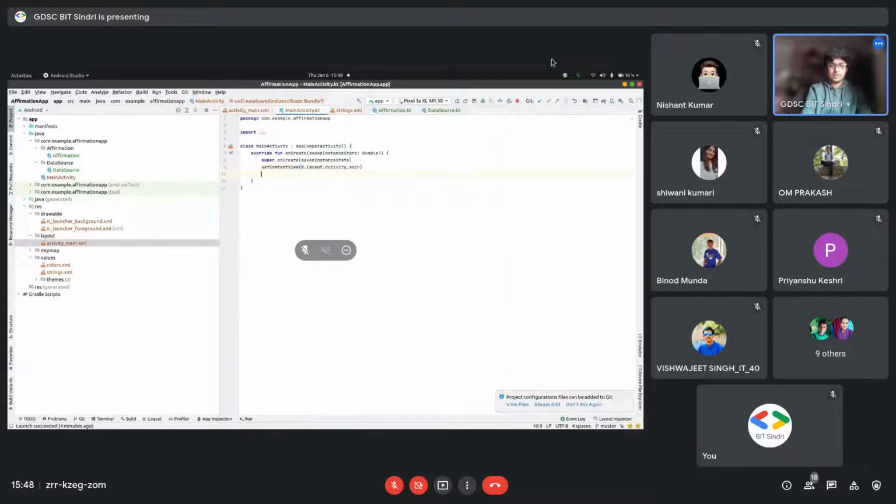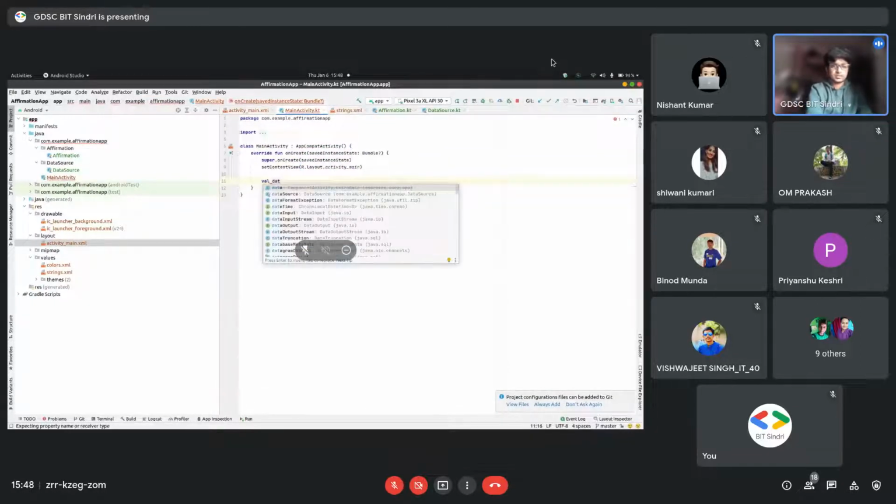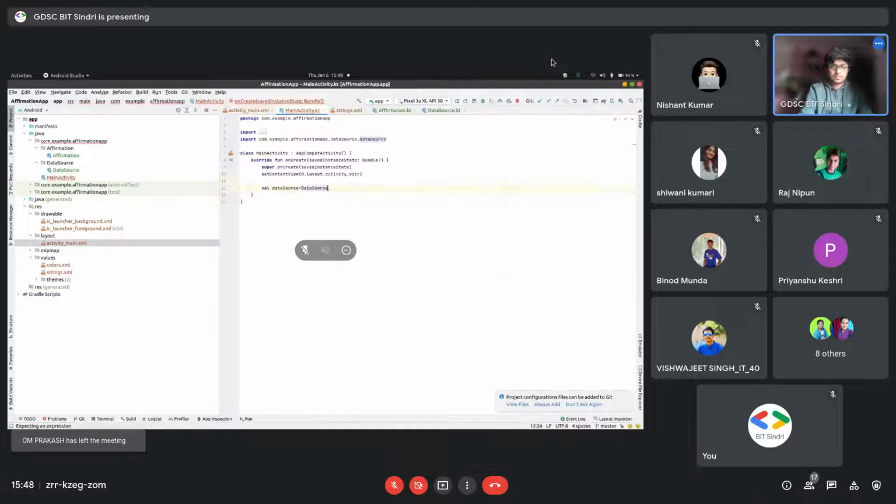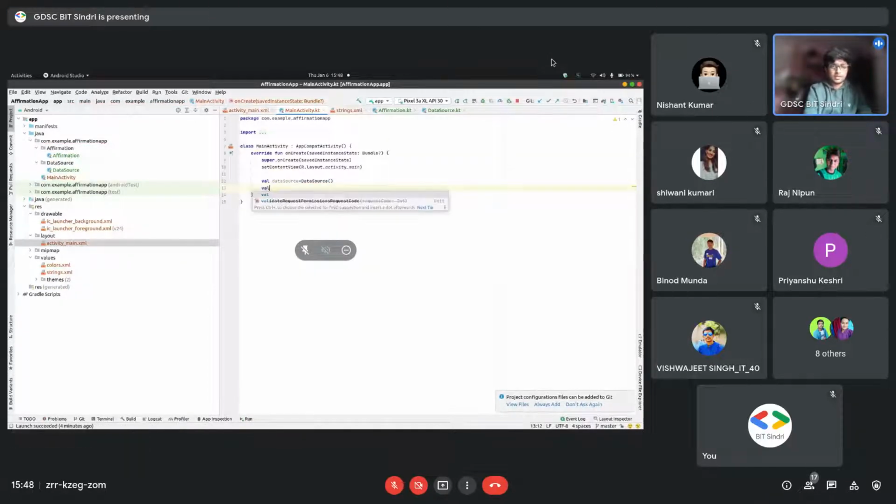Now go to main activity. We will create an instance of the DataSource class with the same name, dataSource. And we will create a data variable which is coming from dataSource.loadData function.